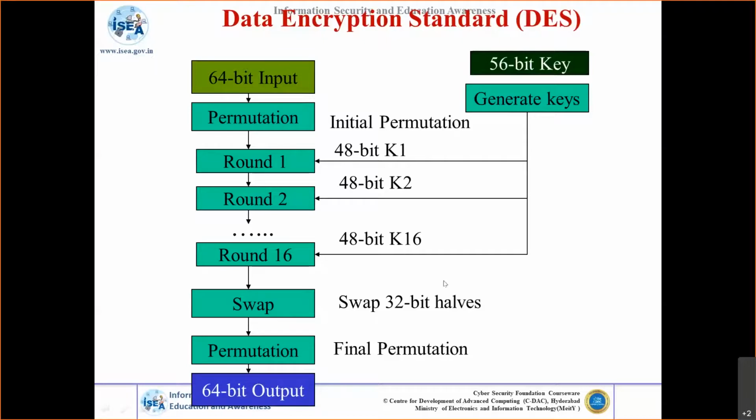People are asking some questions about bits being added. Internally, after the permutation, it treats the 64 bits as a left 32 bits and a right 32 bits. Along with the 48-bit subkey, different operations are carried out internally, and then it again produces a 64-bit value that is given as input to the next round. From the key, it derives the values which are used internally in the various XOR and other operations.